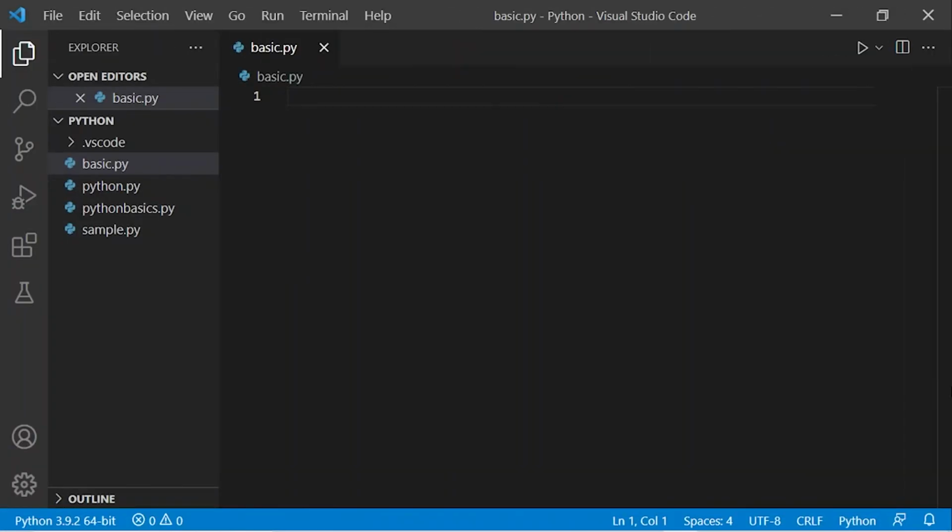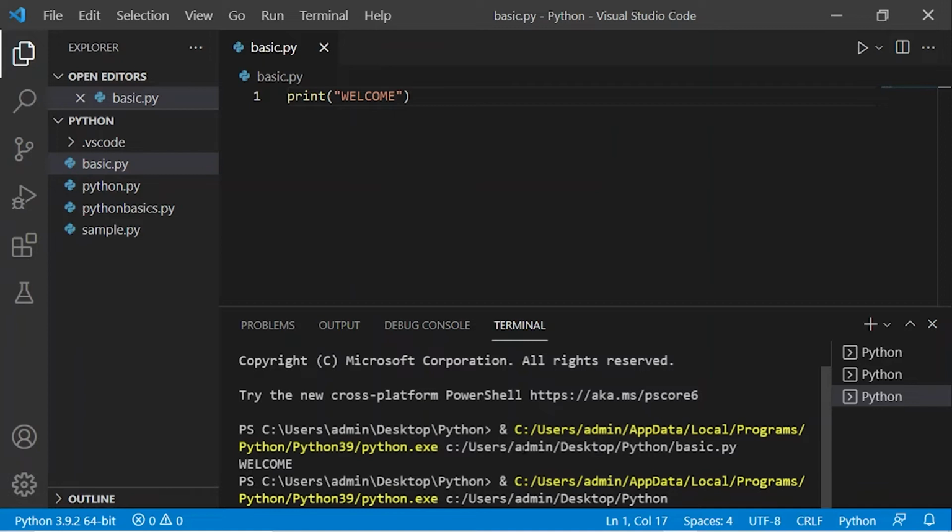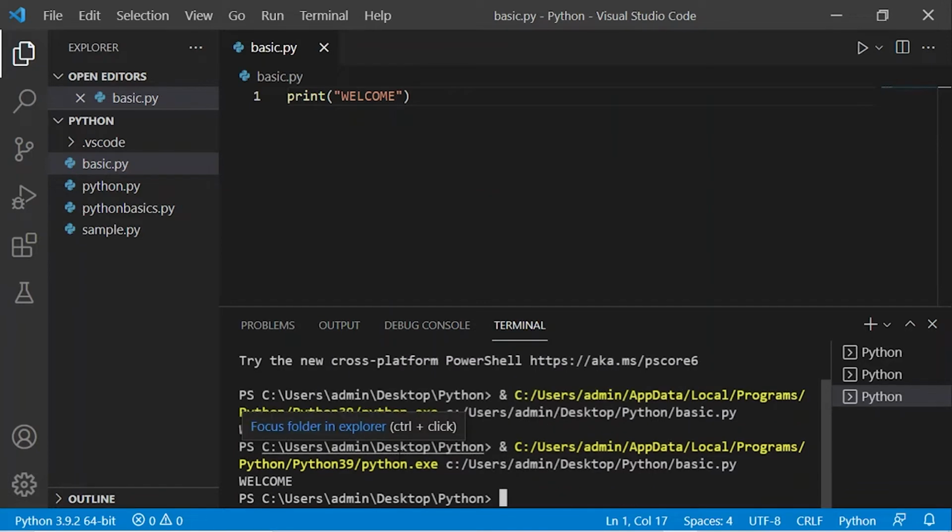Now we will see how to print something in VS Code. Write print in parentheses with single or double quotes, welcome. Then I'll run this code. I got the output as welcome.